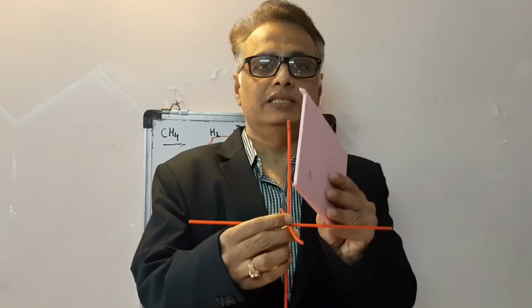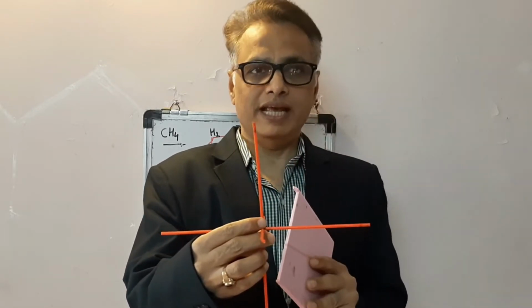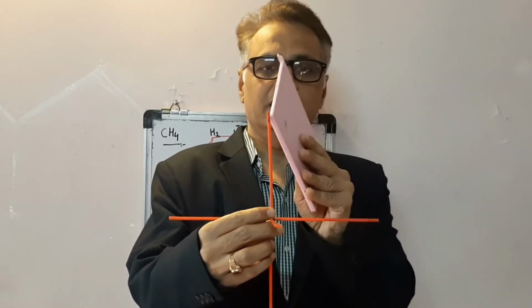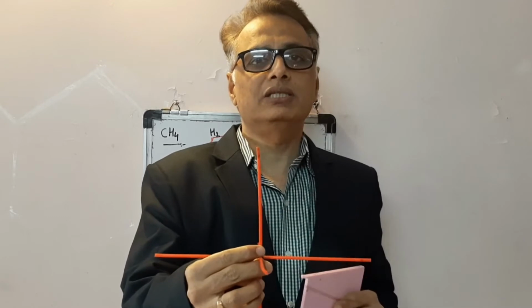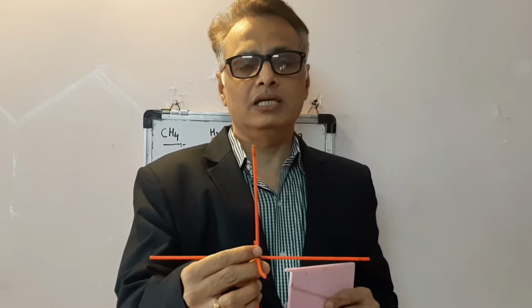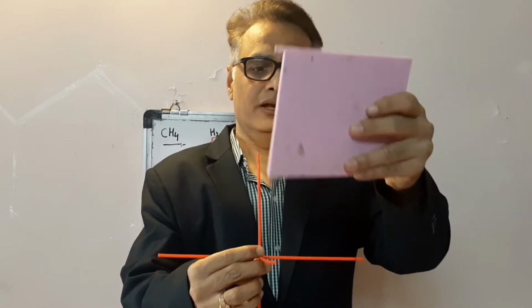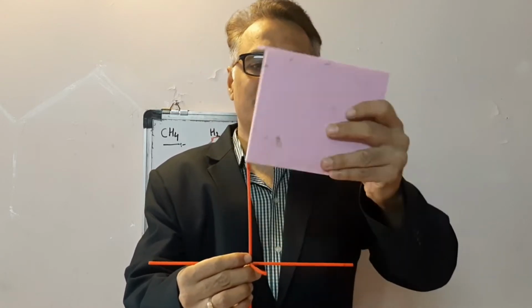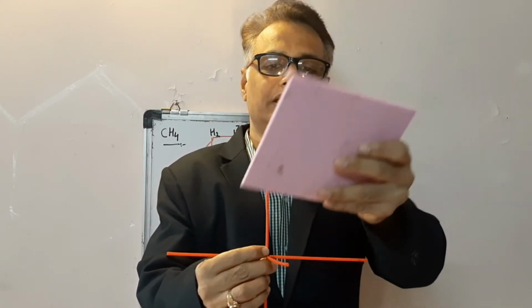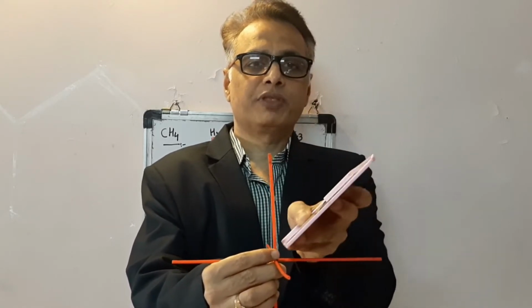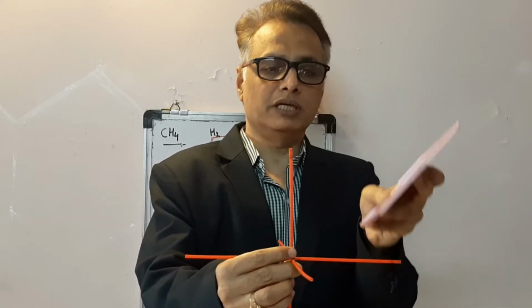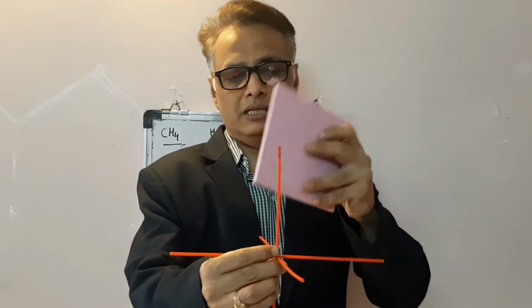These are the three C2 axes collinear with X, Y and Z axis. This is Z axis, this is X axis and this is Y axis. So there are three C2 axes collinear with X, Y and Z axis. So this is the first dihedral plane. This is the first dihedral plane which bisects these two perpendicular C2 axes and may contain a minimum number of atoms. This is the second dihedral plane which bisects these two perpendicular C2 axes and may contain a minimum number of atoms.